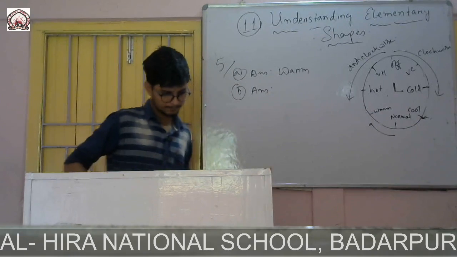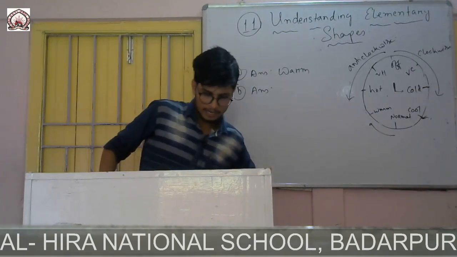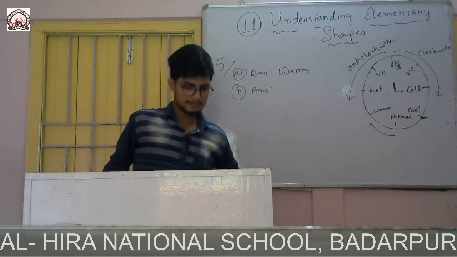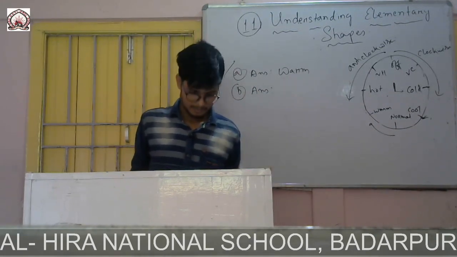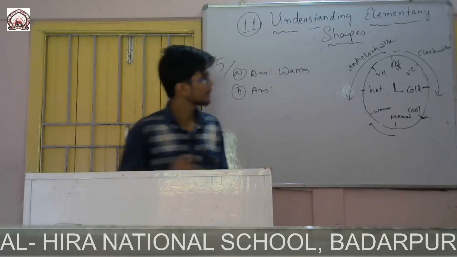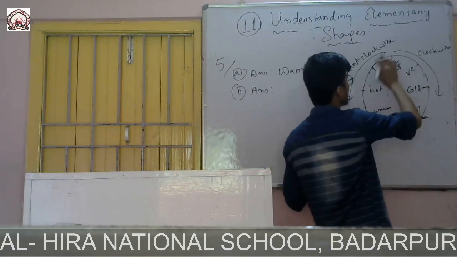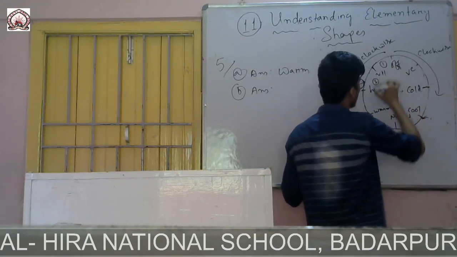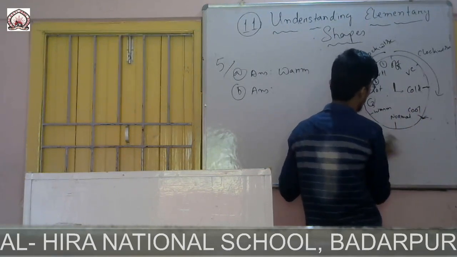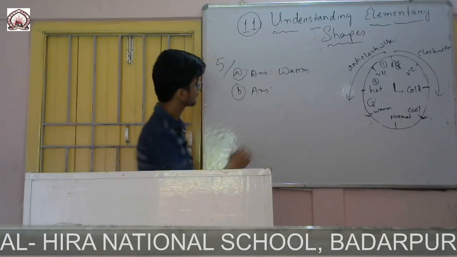B answer. 135 degree anti-clockwise. So earlier we have found 135, that means 3 into 45, that means 3 times. And from off, which one is off? And in anti-clockwise direction, that means in this direction you have to go 3 angles. 1, then 2, then 3. Up to where you came? Up to warm. So the answer is warm.